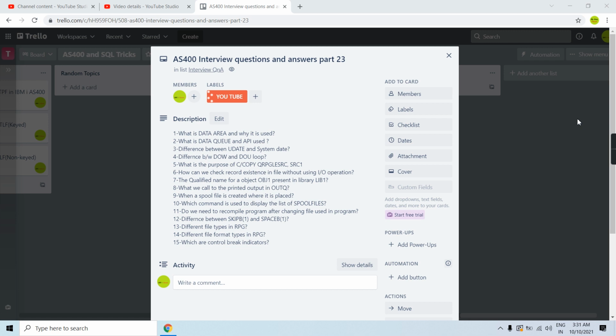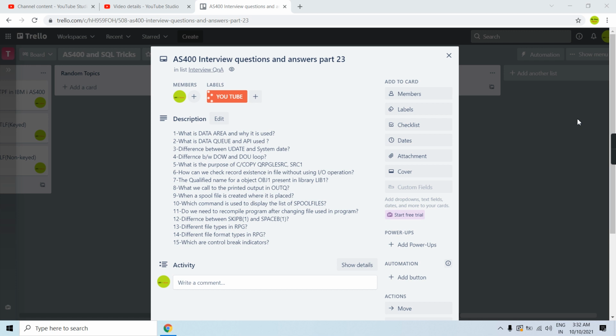And once all the B's become C, that means all the jobs are completed. Now we can go further, and another process or other jobs can run. So that's the use of the data area.